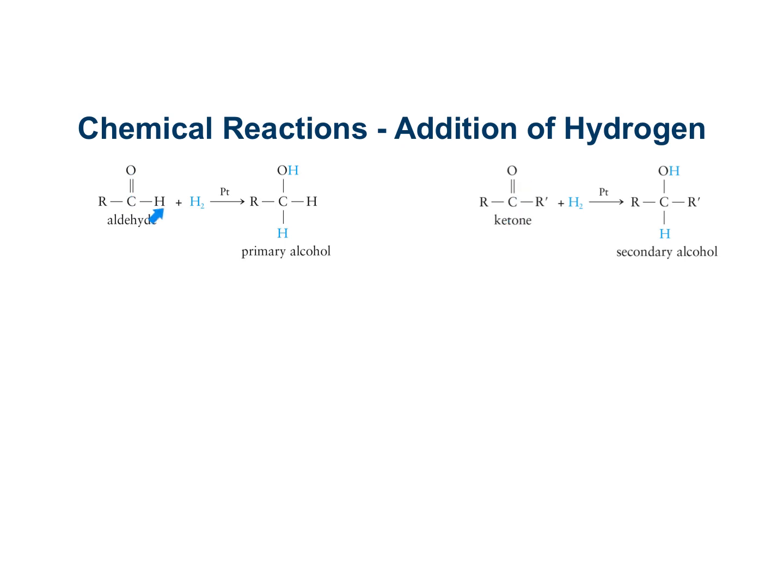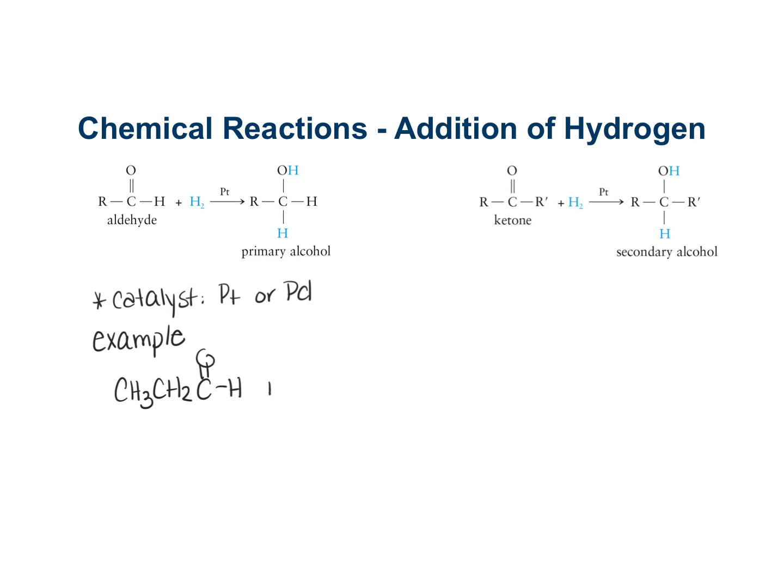And so if you start with an aldehyde, you get a primary alcohol, and then if you start with a ketone, you get a secondary alcohol. I want to remind you that you can use the catalyst, either platinum or palladium. Both catalysts are used for this. So let's look at a specific example. For example, if you were asked to predict the product